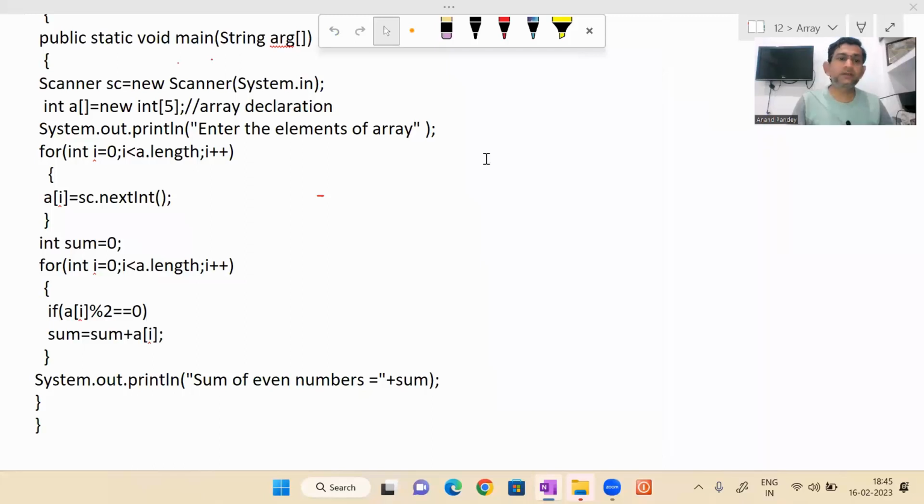The question is here to find the sum of only even numbers. For example, consider we have taken input. Consider these are the elements we have taken as input. Consider it 0, 1, 2, 3, and 4. Consider it as 4, 6, 8,